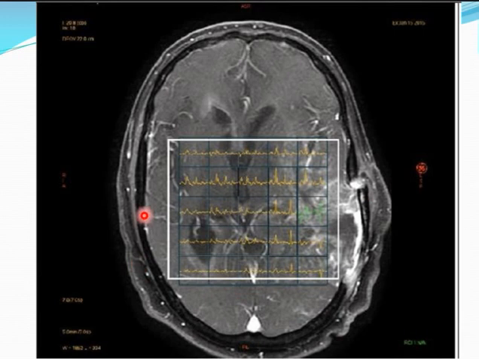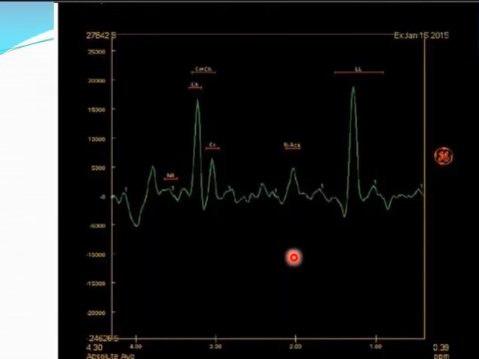Again, you can see here this is a multivoxel image, and at different parts of the image there are different changes in the spectrum. Unfortunately, it's small, and I don't know whether it's obvious or not here, but you can see an increase in the lactate peak here and here and here, and there is virtually no NAA peak. Okay, you can see here,